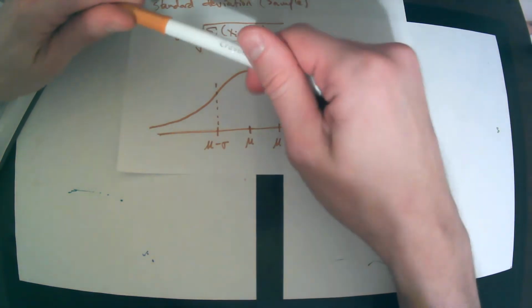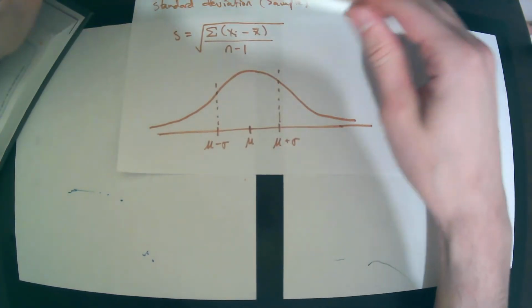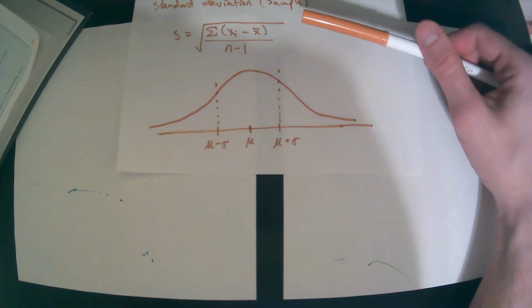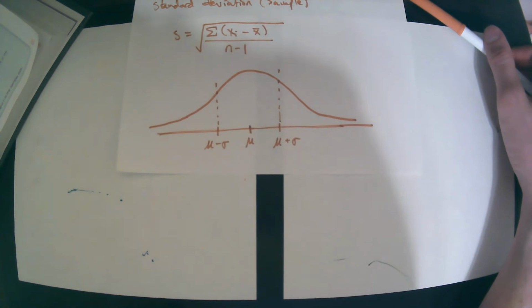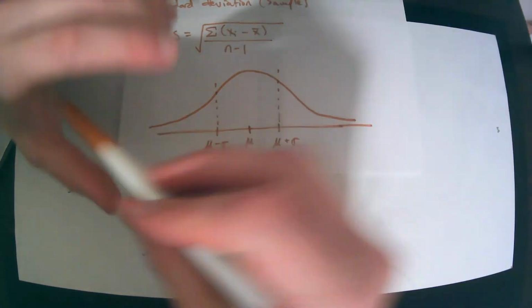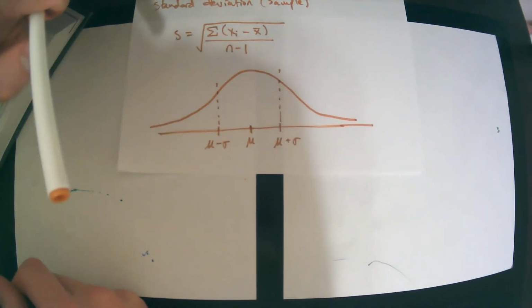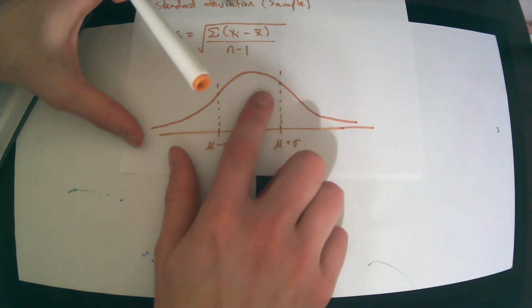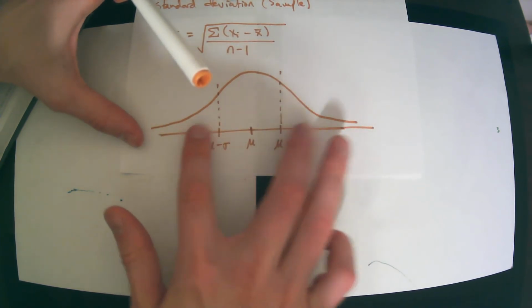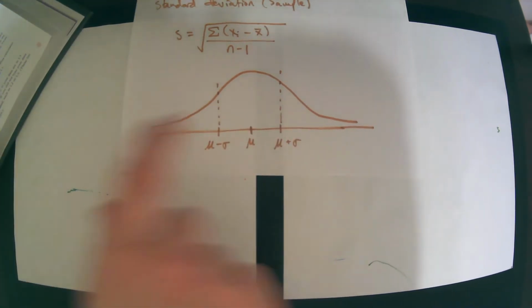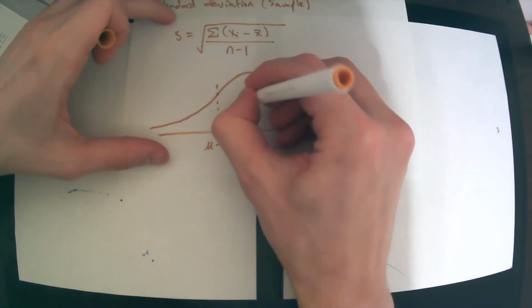So if you were taking a test, like the ACT or something like that, and they tell you where you fall percentage-wise, or they might even tell you what the average score is and what the standard deviation is, then you can know, based off of the average score and the standard deviation, whether you fall in 1 standard deviation or not. If you fall within 1 standard deviation in either direction, that means you're pretty much around average. If you fall outside of that, that means you're very far from average in one direction or the other. And in fact, the empirical rule says that it's actually 68% of the data that should be within